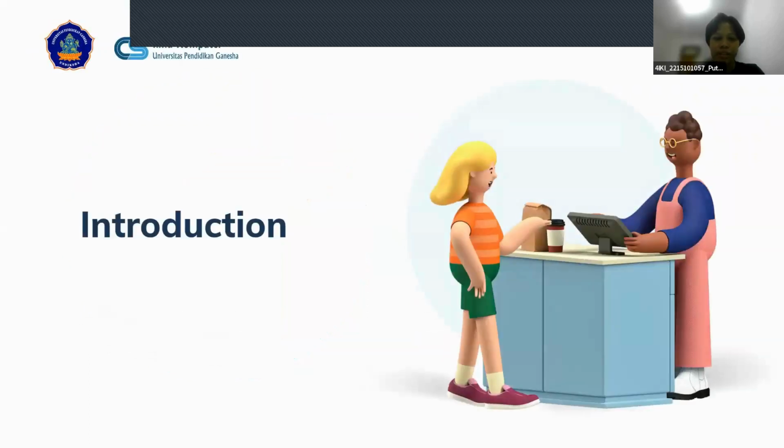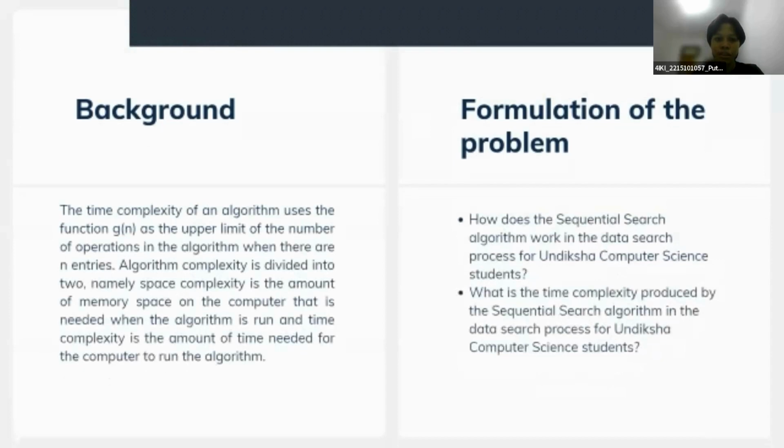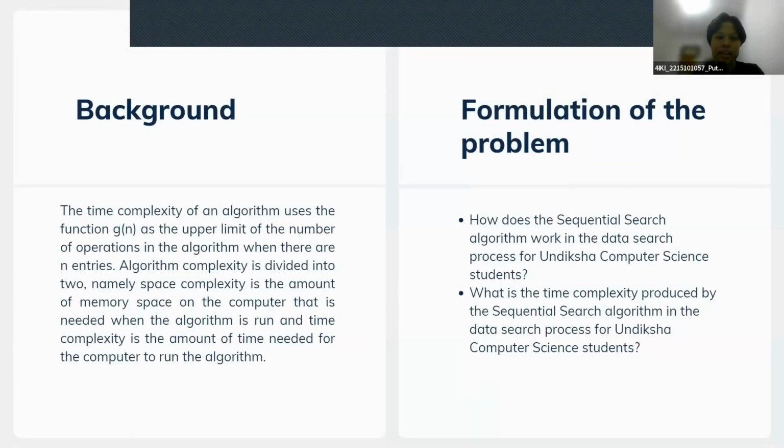Next, I will explain the introduction. There are some points of the introduction that I will explain to you. First, for the background, the time complexity of an algorithm uses the function g(n) as the upper limit of the number of operations in the algorithm where there are n entries. Algorithm complexity is divided into two, namely space complexity, which is the amount of memory space on the computer needed when the algorithm is run, and time complexity, which is the amount of time needed for the computer to run